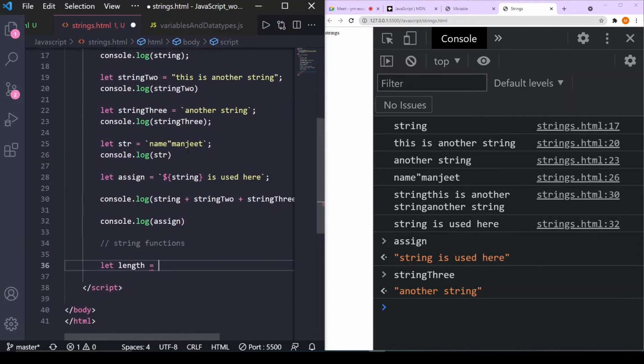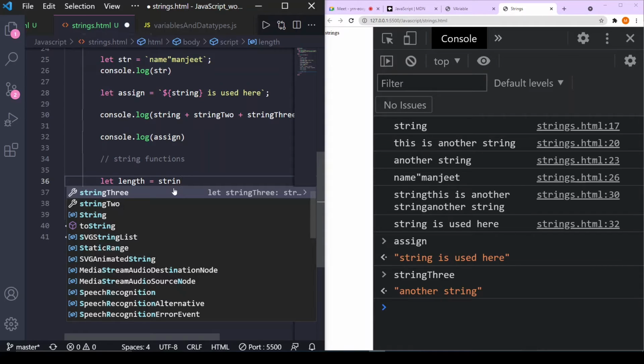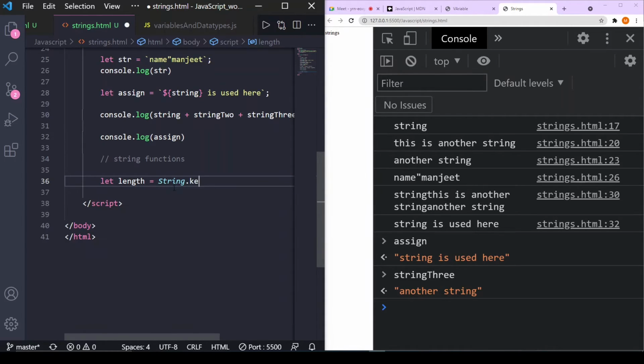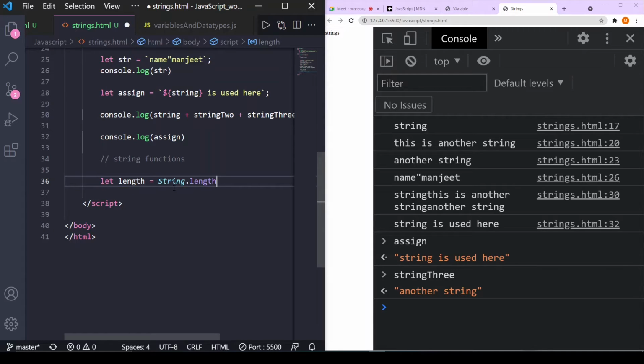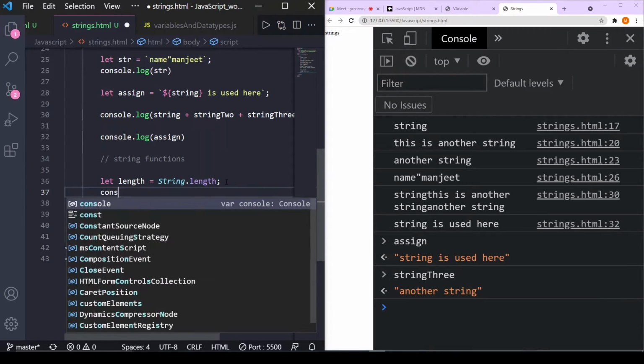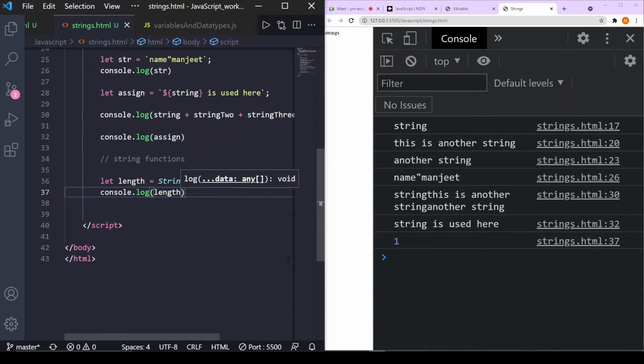I will write string dot length. This dot length property is used to calculate the length of a string, and in the case of an array, it is used to calculate the length of an array. Let's console it to check whether it gives the correct output.